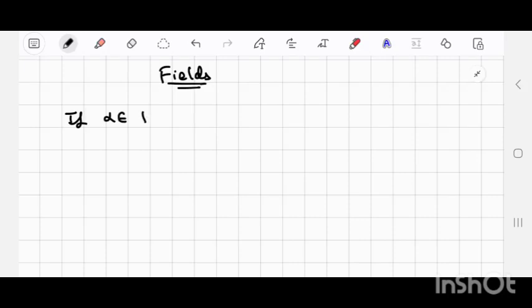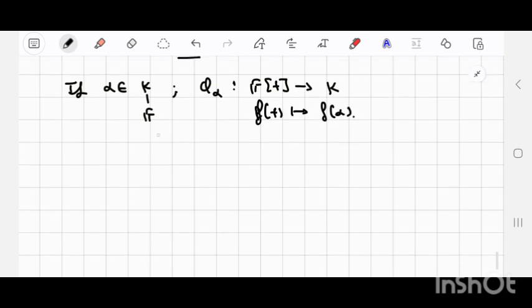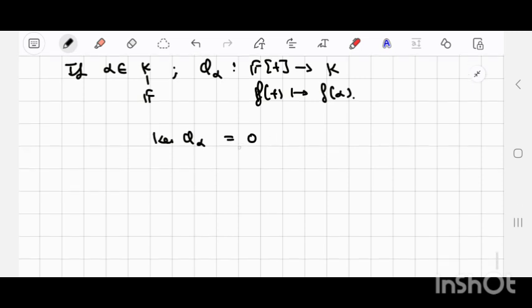If alpha is an element in K, K is contained in F, K is an extension of F, then consider the map phi alpha from F[t] to K such that it sends a map F[t] to F of alpha. Then the kernel of phi alpha is either 0 or it can be non-zero. If it's 0, then we say alpha is transcendental